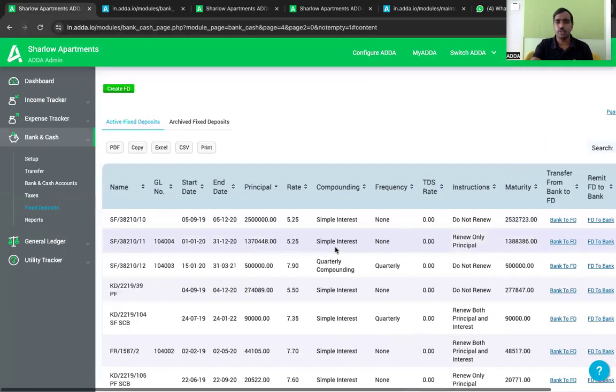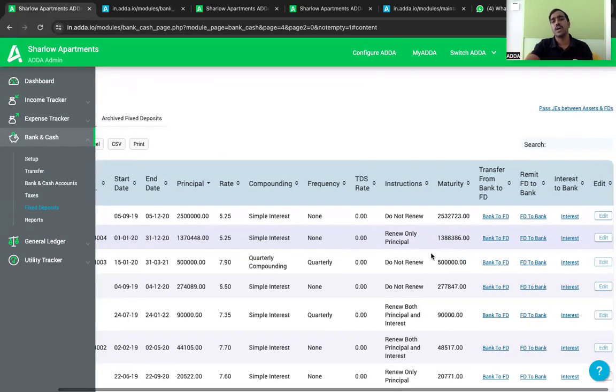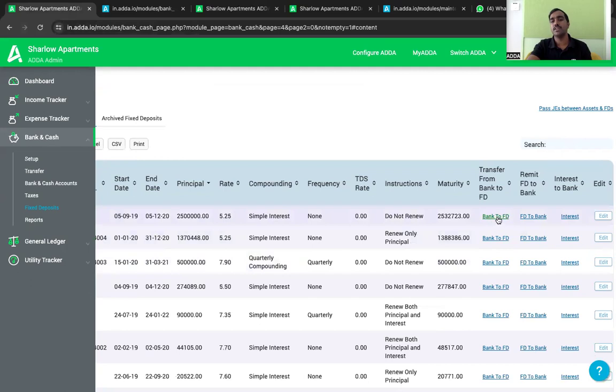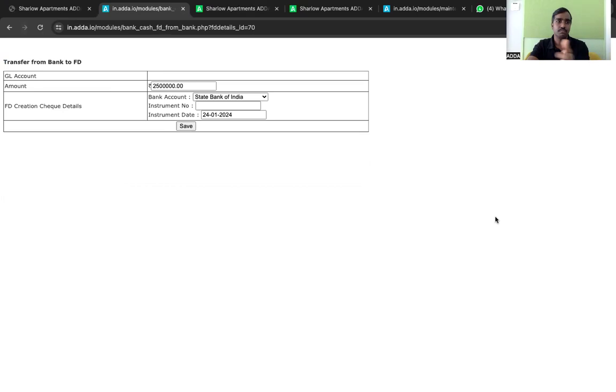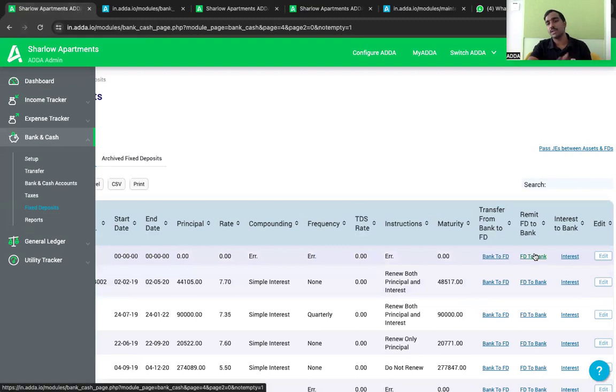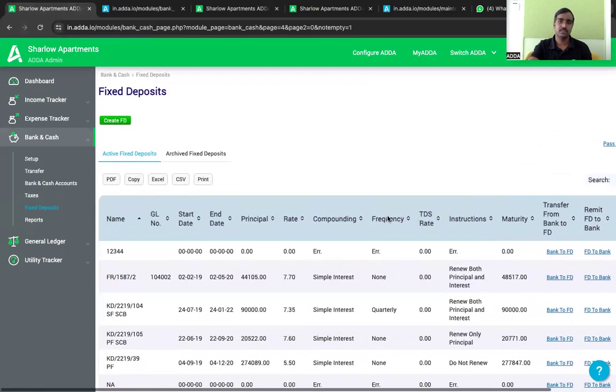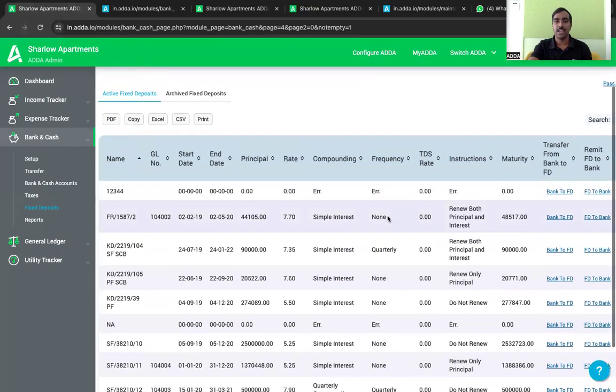After you capture, everything will show up here. And this module will give you a complete picture of how many activities you have, rate of interest, what is the maturity amount, when it's going to mature, after matured, and if you want to do an accounting entry, bank to FD, transfer from bank to FD, you can use this. It's again an entry. Click on it and follow this and pass it. Similar way, remit FD to bank, click on this hyperlink, make the entry, interest to bank, click the hyperlink and make the entry, right? And a very, very important module, and make use of this fully, so that you don't really have to